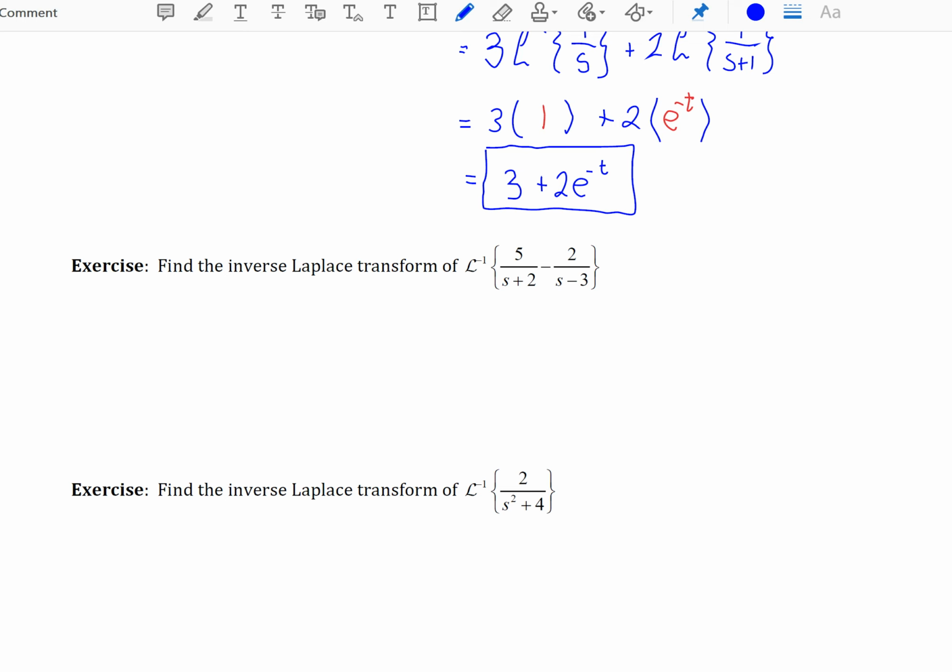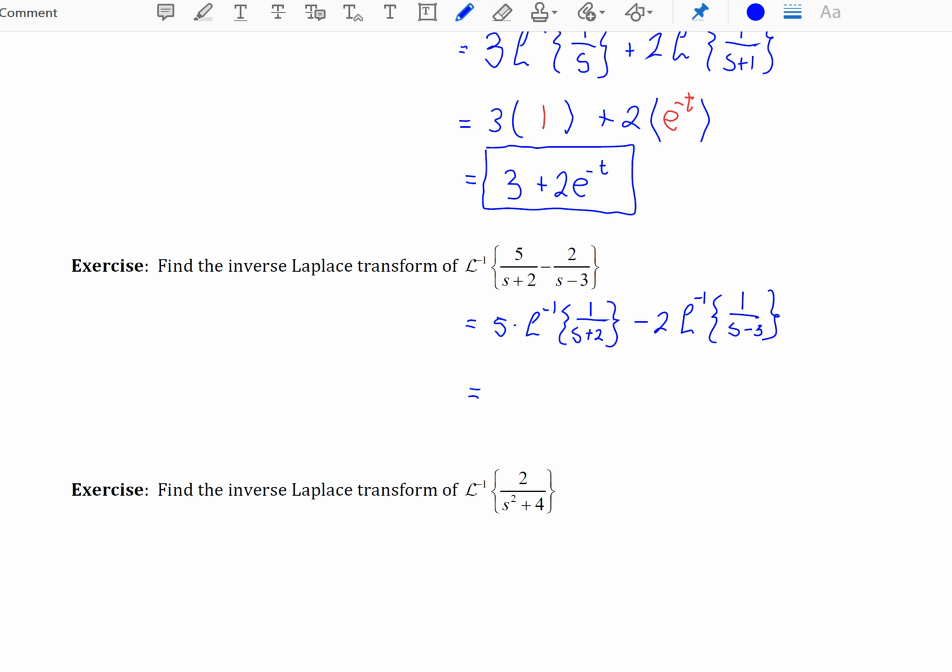So you don't have to rewrite all of these like I'm about to do, but it helps to maybe break them into pieces. Using the fact that the Laplace transform is a linear transformation, we can write this as 5 times the inverse Laplace of 1 over s plus 2 minus 2 times the inverse Laplace of 1 over s minus 3. Now notice that both of these have the same form, and you should look at them as